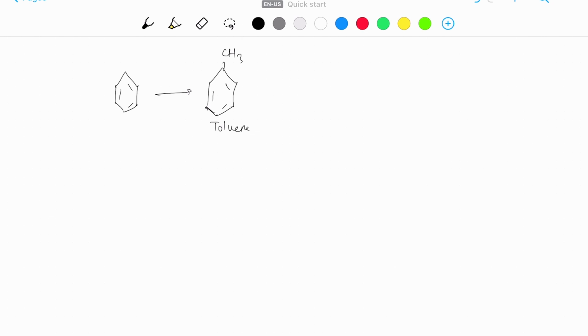Now this falls under electrophilic aromatic substitution reaction. Now this mechanism usually follows two different steps. In the first step, in this particular case, we have to find an electrophile that has a positive charge on it. So that means our electrophile in this case would be positive methyl group, and that will attach to the benzene ring. And in the second step, we have to substitute one of the hydrogens